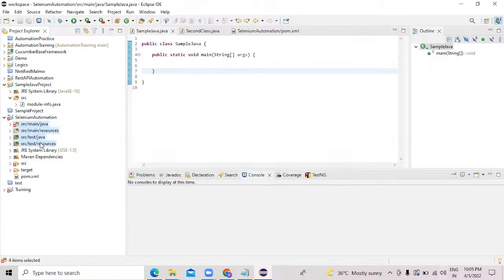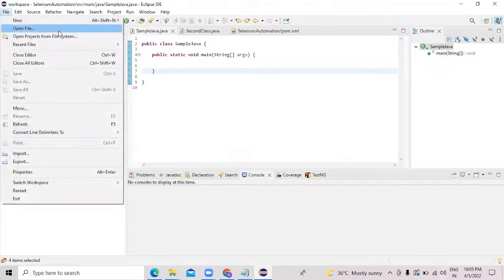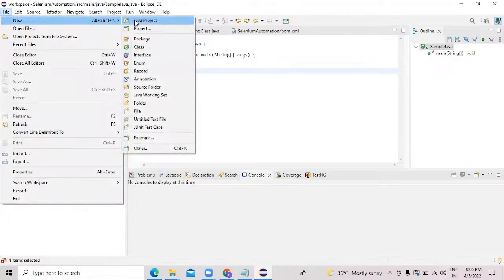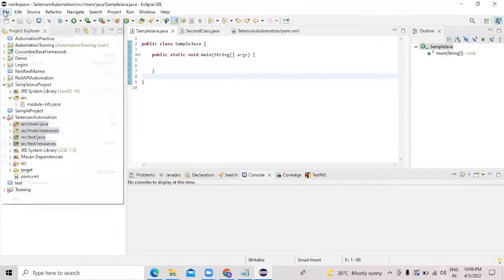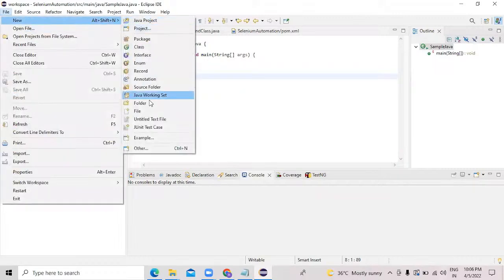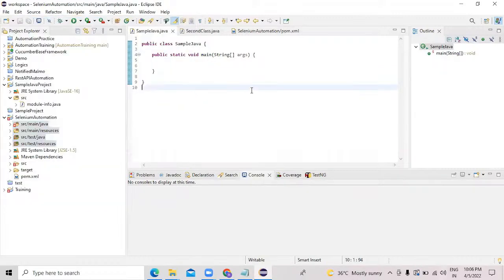So that's why I skipped the new Java project, because you will not be using this at all. You will learn it, but it is not required in your actual projects inside your company. So that is the reason I'm directly creating a Maven project, because you'll be putting experience in your resume, not as a fresher. So when you put experience,